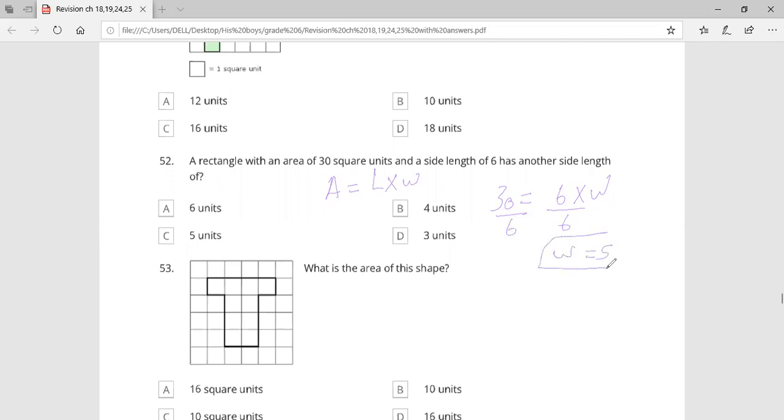Again, as we said before, we can be asked about the perimeter. You have to add 5 plus 6, multiplied by 2. Yes. What is the area? Again, we can count it. It's easy. I can skip it if you like. Count 1, 2, 3, and so on. The next one,